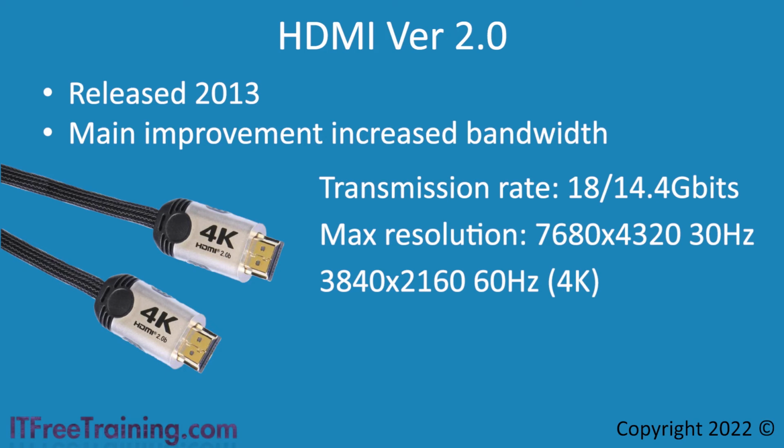For example, your video card, cable, and monitor will all need to support HDMI 2.0. Also, problems can occur when something is not configured correctly. For example, if the monitor is configured for HDMI 1.4, the monitor will use that version. You may need to adjust a setting on the monitor to configure it for 2.0.